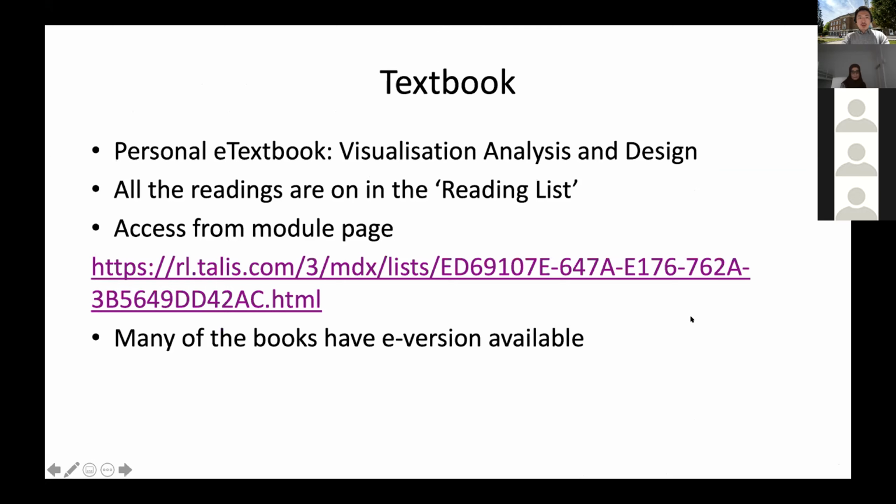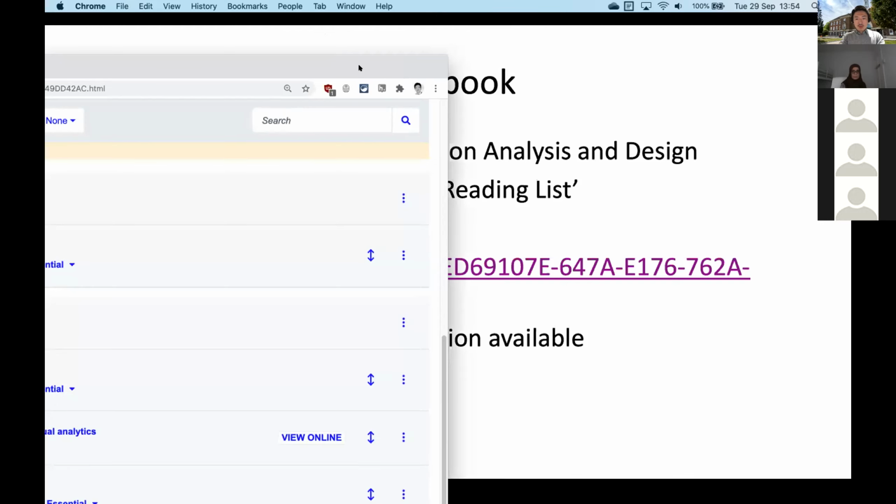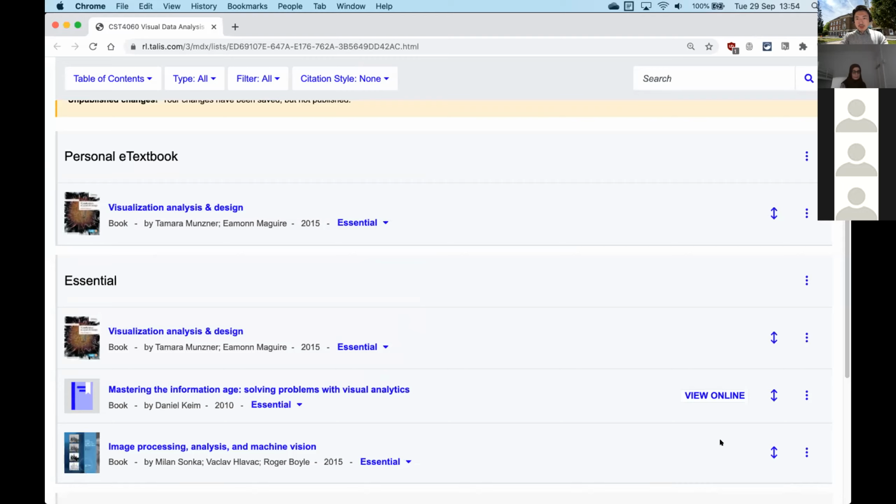And so let's just continue. Many of these books have a digital copy available. Of course, the first book is your personal e-textbook, and there will be a digital copy. For the other ones, if it is available as a digital copy, it should show up in the reading list. So if I go back to my reading list,